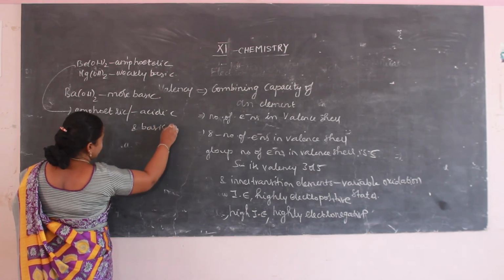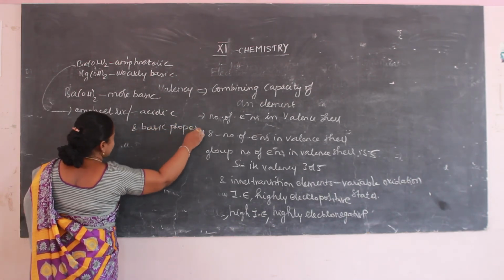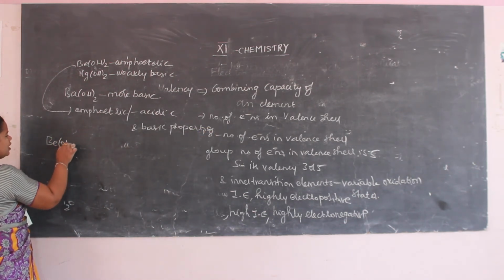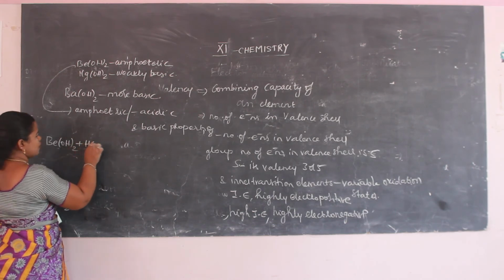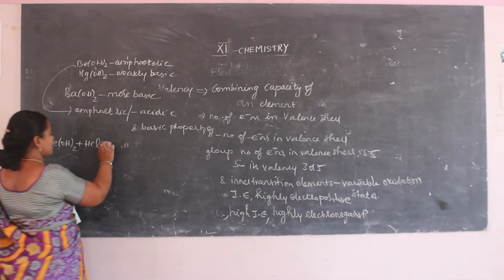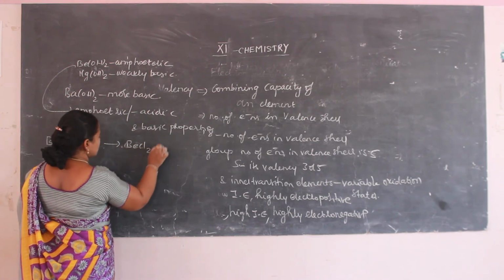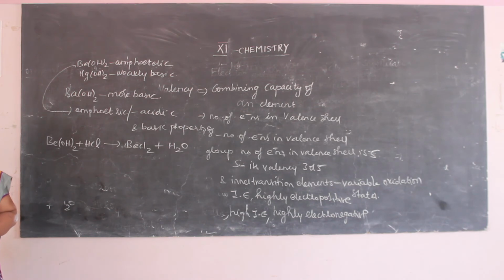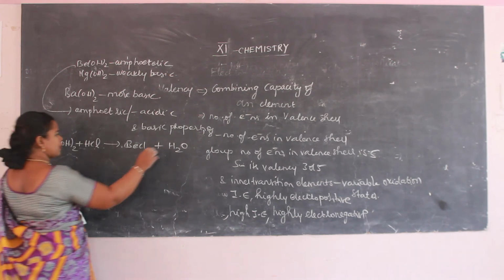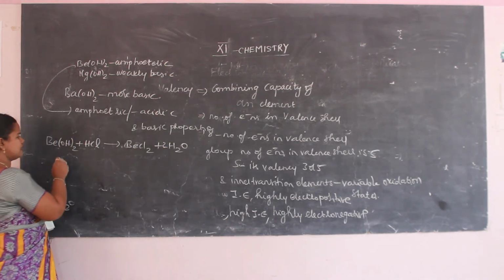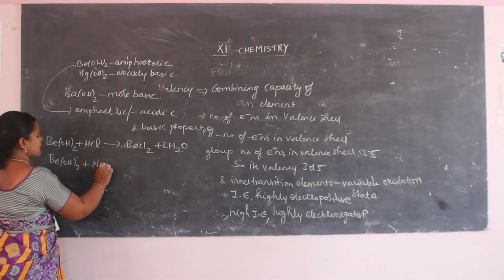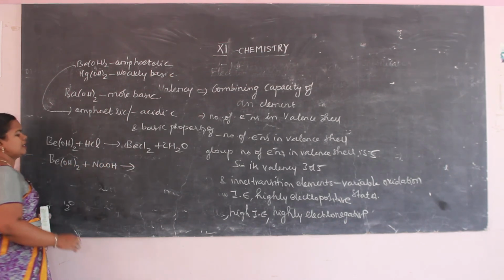It has both acidic and basic property. So for the acidic and basic property we will give one example. When beryllium hydroxide reacts with HCl, it forms BeCl2 plus H2O. And similarly, when beryllium hydroxide is treated with sodium hydroxide, that is NaOH, it forms